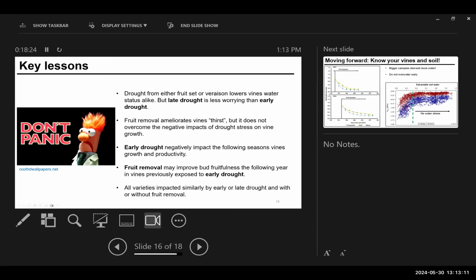But the most dangerous one is the drought from fruit set. Then fruit removal can really ameliorate vines' thirst, but it does not overcome the negative impacts of the droughts on the vine growth. Even though we had higher water status in the vines that had fruit removed, they still had